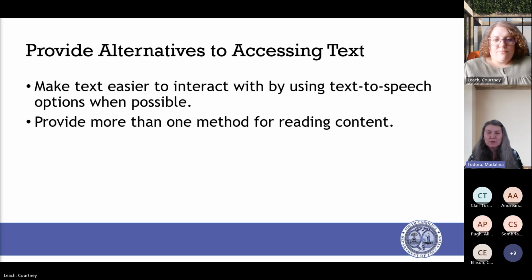But think of options like text-to-speech. Make those things available, or teach your students that they're there if they already have them available, and what the instances are where they're beneficial. If you provide one single way of accessing content, and that way does not work for a child, then they're kind of locked in. If you provide multiple ways and multiple options, then we have a better chance of actually accessing that content. So keep that in mind.